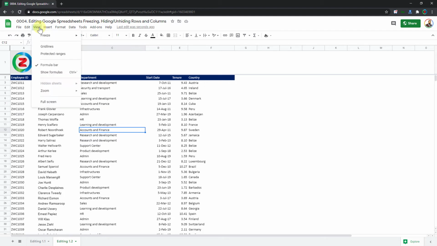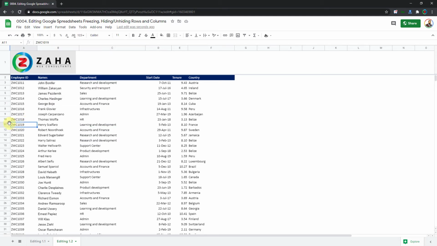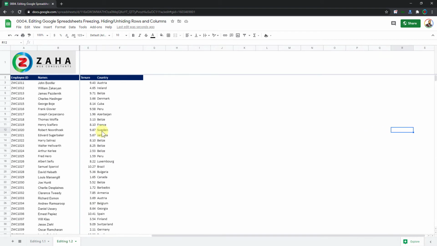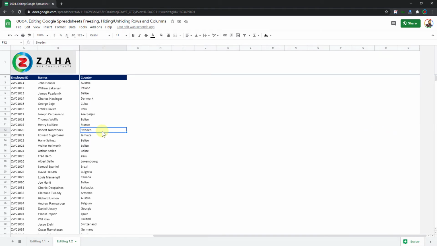I can go into the view menu and select freeze, or I can take my cursor here on the edge of my row labels and I have this little hand icon and I click there. I have this thick line running from top to bottom, a gray thick line. That is an indicator that I can now drag it and have some of my columns frozen. I will leave it here and now the column is frozen. I can simply go towards the right and I can see my column A and column B are frozen.